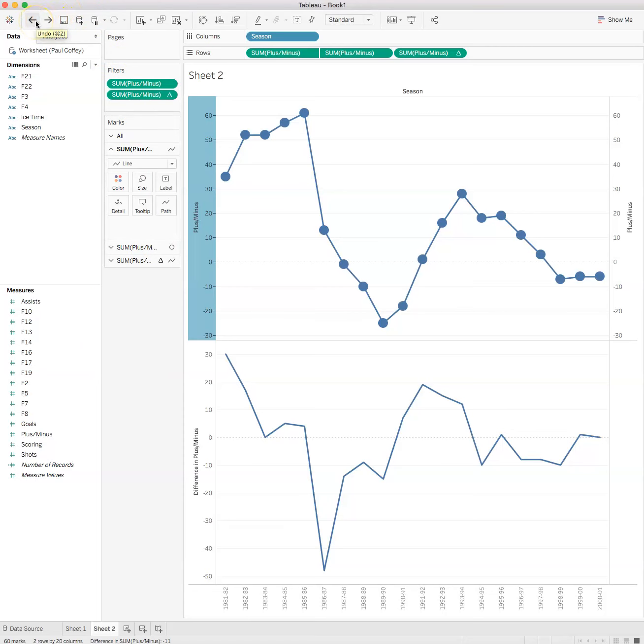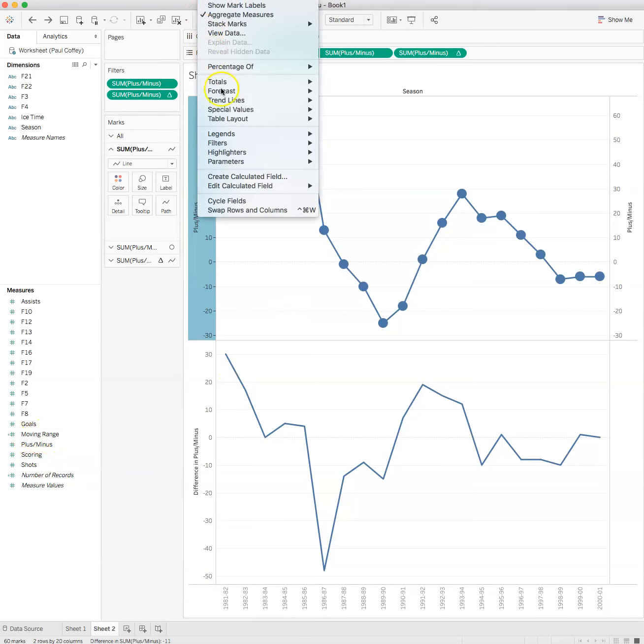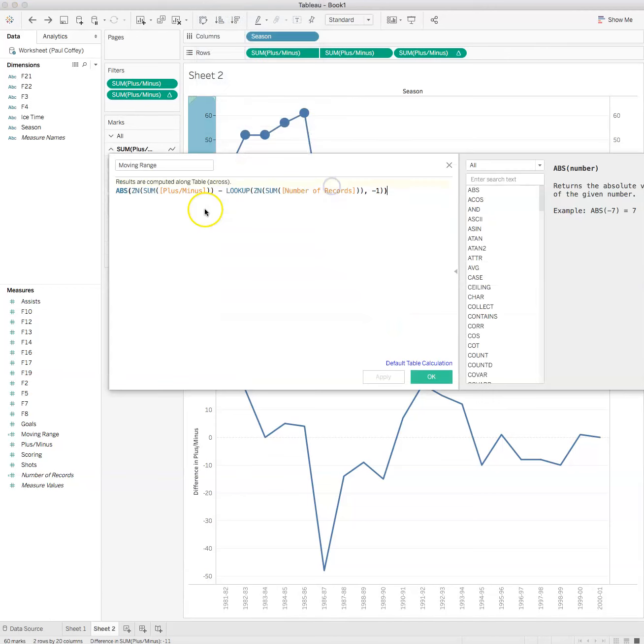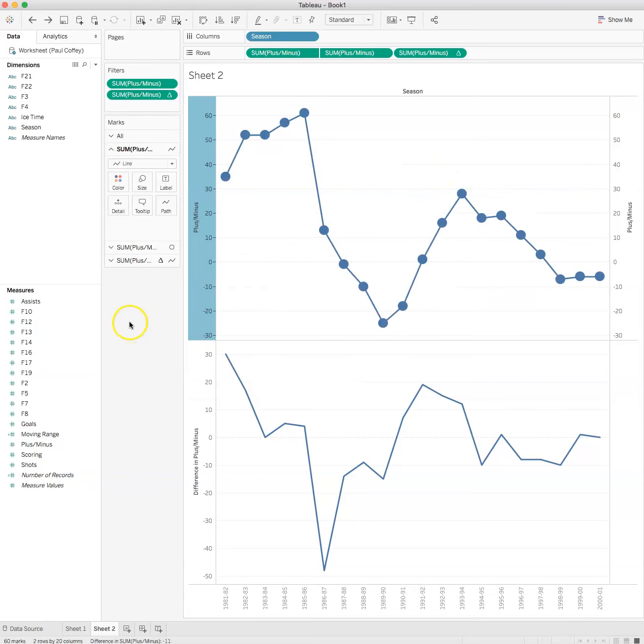So now I've created that calculated field, called moving range. If I was to look at the moving range, here's the calculation. And so by taking moving range, I create that